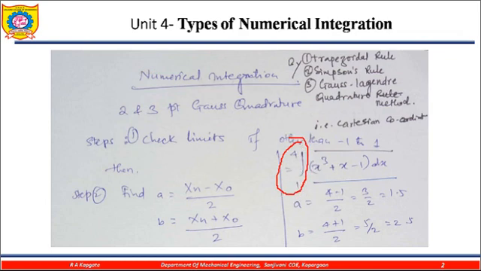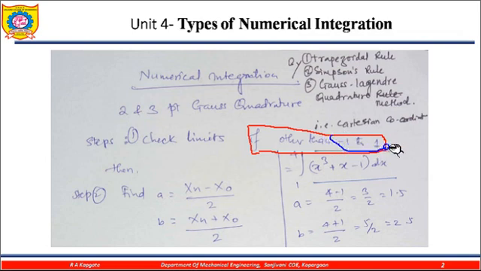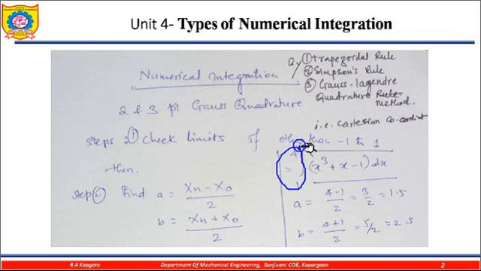So as I mentioned, check if the limits are other than -1 to 1. Now what is -1 to 1? This we have already studied. These are our natural coordinates. When we study natural coordinates, our coordinates move from -1 to 1. But if the problem is not in natural coordinates and is instead in the Cartesian coordinate system, then use this method.